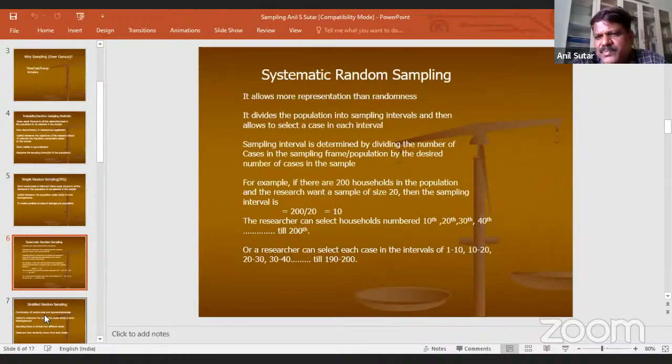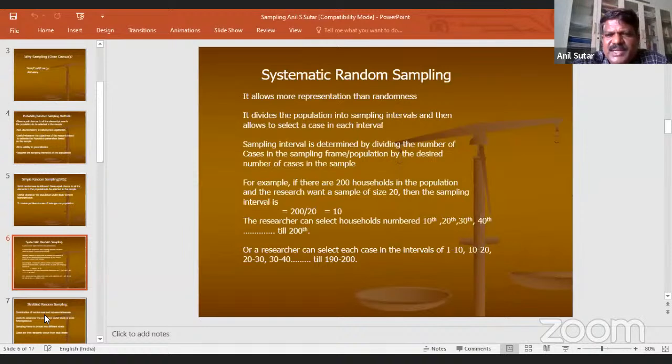There are several subgroups within random sampling. When you say that you are proposing to use random sampling, be specific whether you are using the simple random sampling method, systematic random sampling method, stratified random sampling method or other. So here is the second case, the systematic random sampling method.